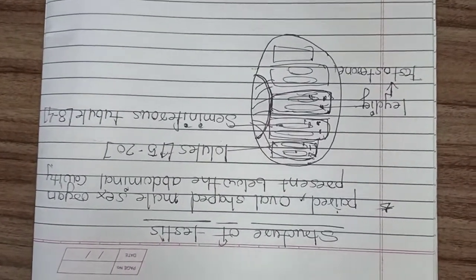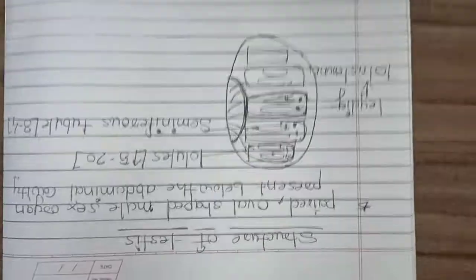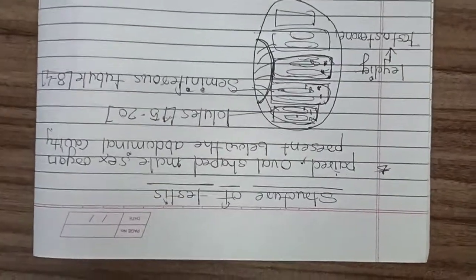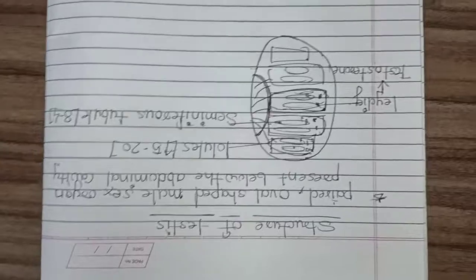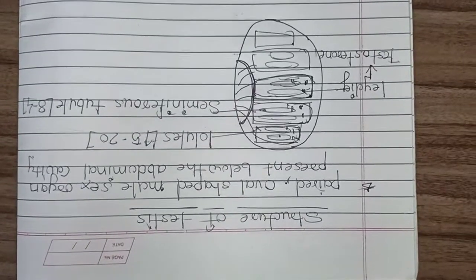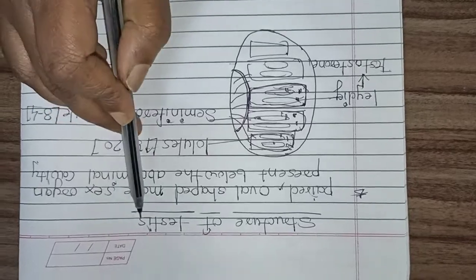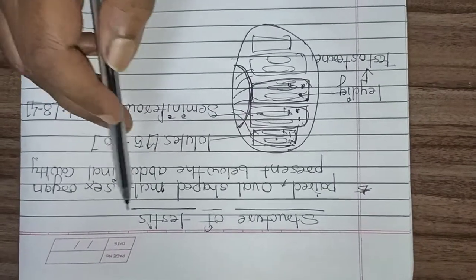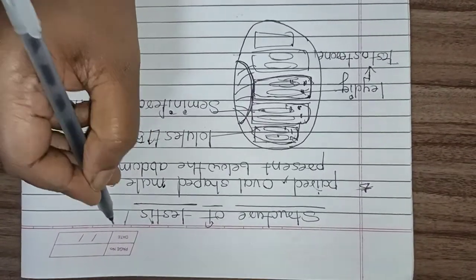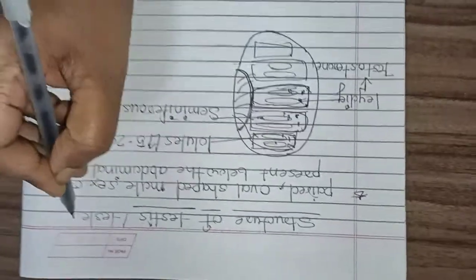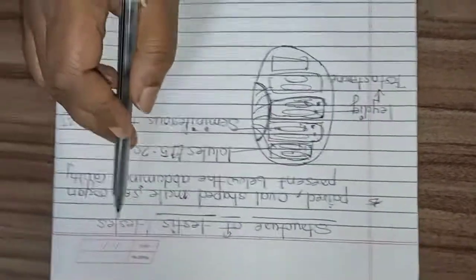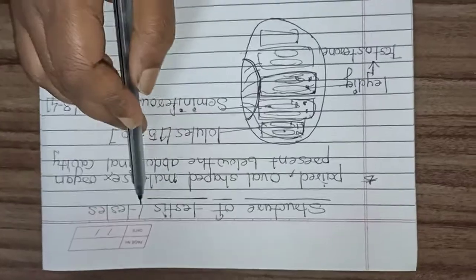So just now we have seen the male reproductive system. In that, various parts we have seen. So now we'll go specially for the structure of the testis. See, students, testis is singular, or testicle is singular, but testes is plural. Human males have two testes. Okay, testis is singular.